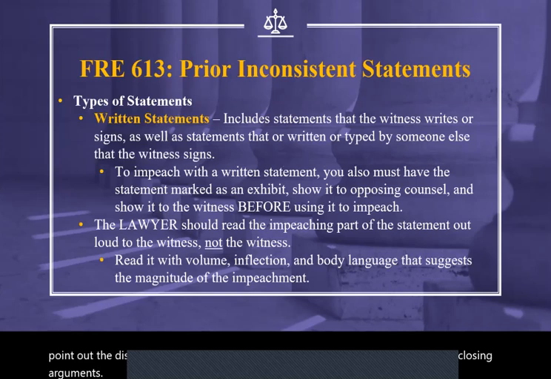Then we have written statements. This includes statements that the witness writes or signs, as well as statements that are written or typed by someone else that the witness signs, right? So in order to impeach a witness with a written statement, you must have the statement marked as an exhibit. You have to show it to opposing counsel and show it to the witness before you use it to impeach them,